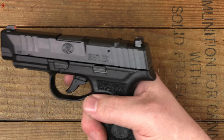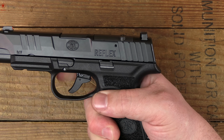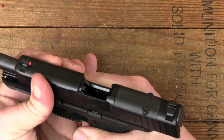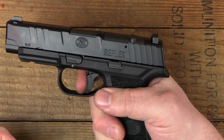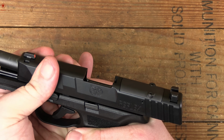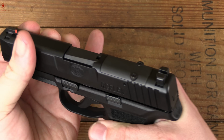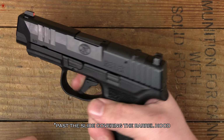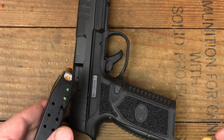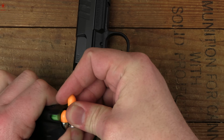Now that part I was talking about with the hammer needing a full stroke, I'm going to go ahead and fire this. Let's say we go to there and come back. The trigger has not rearmed. We have to go there, past the barrel hood covering the frame, then it's recocked. And so my concern with that, you can see there's no primer in these, these are some dummy rounds, is,